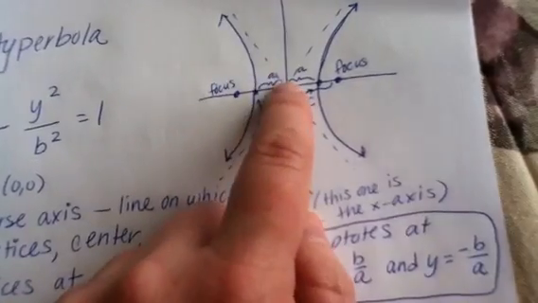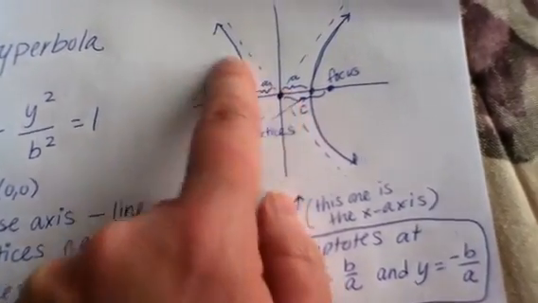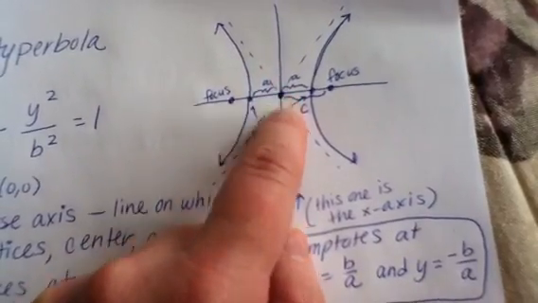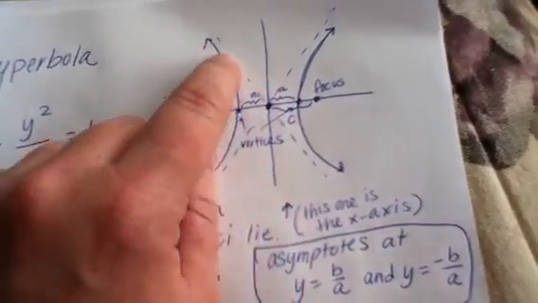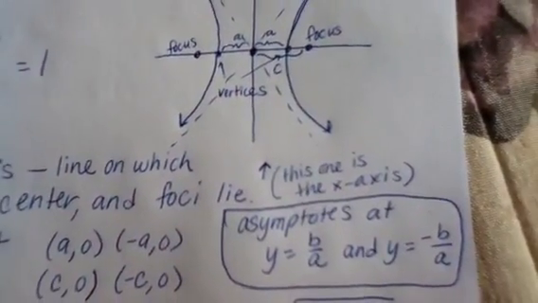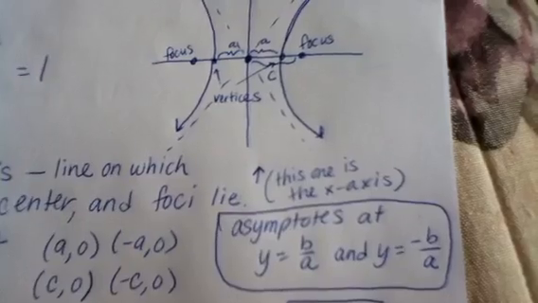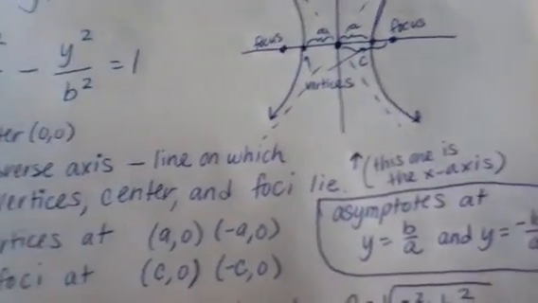And then this one over here would be a negative slope. So you could think of it as negative b over a or b over negative a. Either way, you get a negative slope going that way. So same numbers, but one of the asymptotes is a positive slope and one's a negative slope, so we get those formulas or equations right there for the asymptotes. Okay,